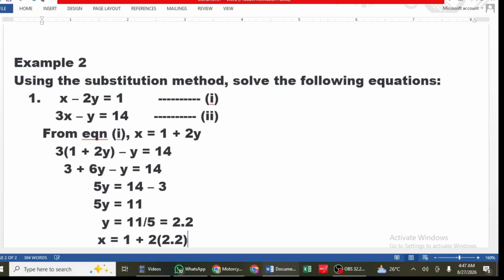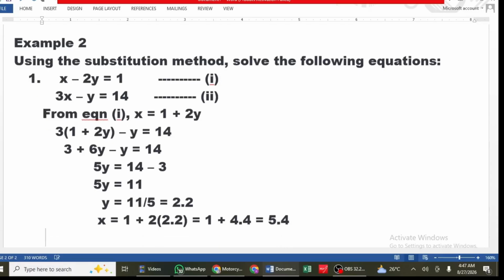By the time you open the bracket, this will give you 1 plus 4.4, and the addition of these two will give you 5.4,